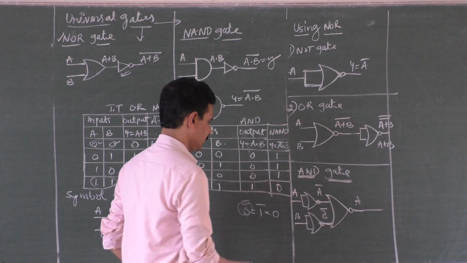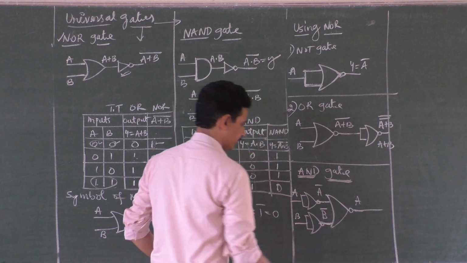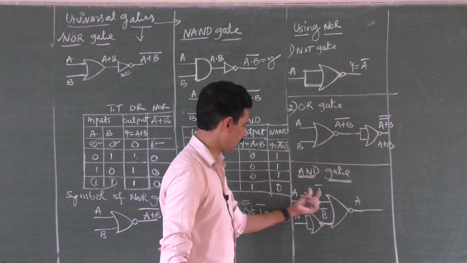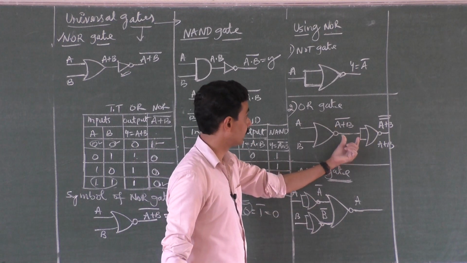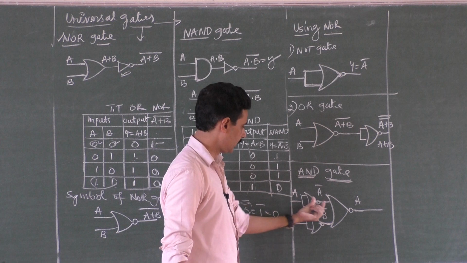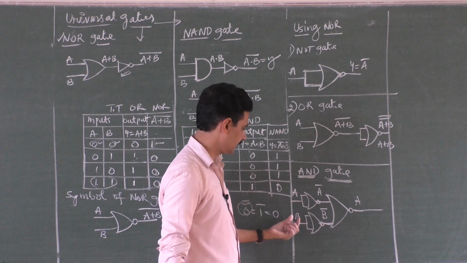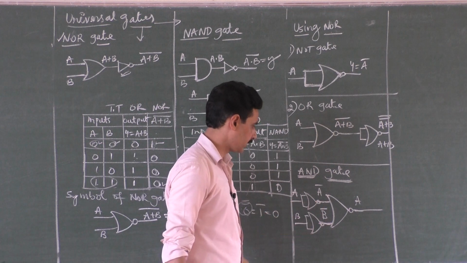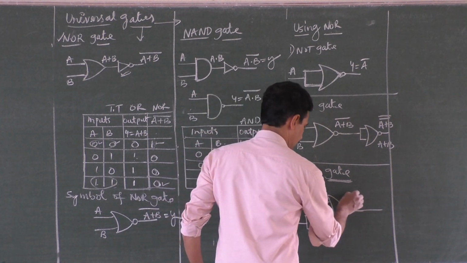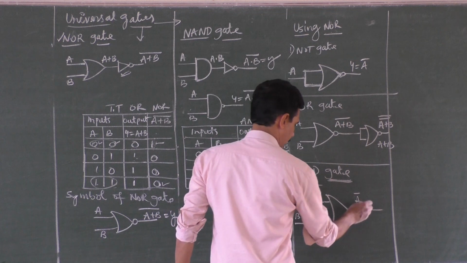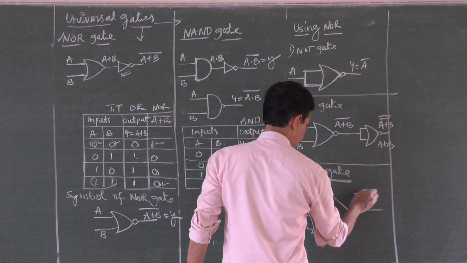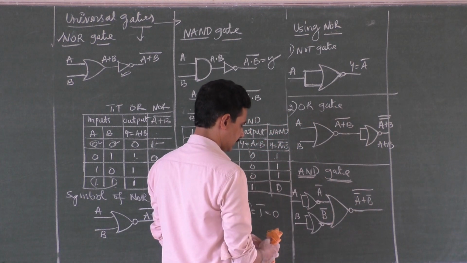If you want to prove this, I have to go for another theorem. This is a NOT gate. You see, how can you construct a NOT gate using a NOR gate? One NOT gate to the input, another NOT gate to the input, but both NOT gates constructed using NOR gates. A bar, B bar. What will you have here? It is A bar plus B bar whole bar. So isn't it right? It is a NOR gate.